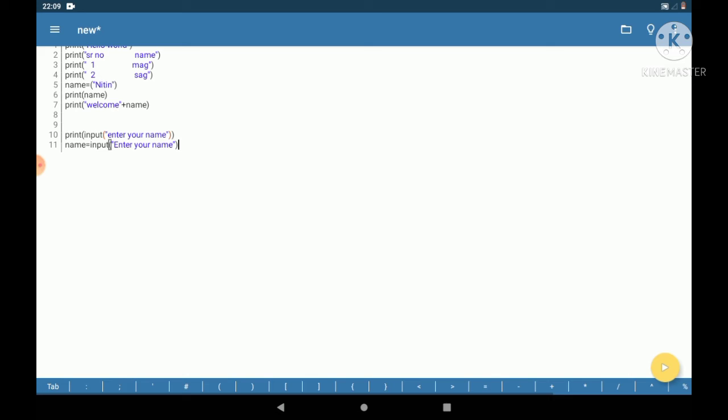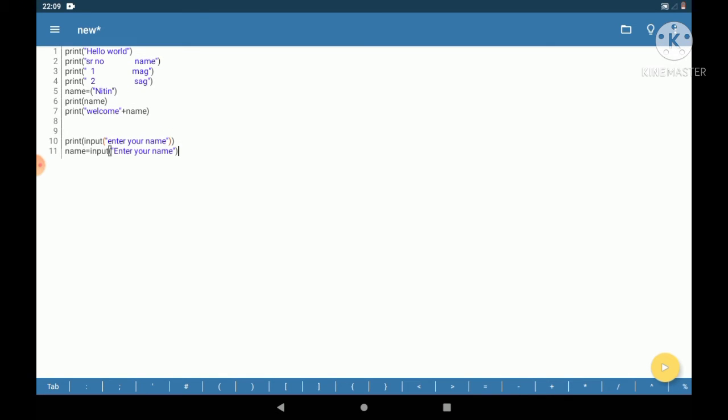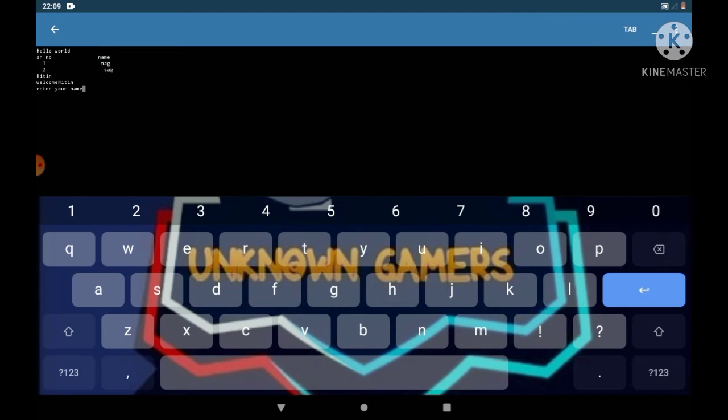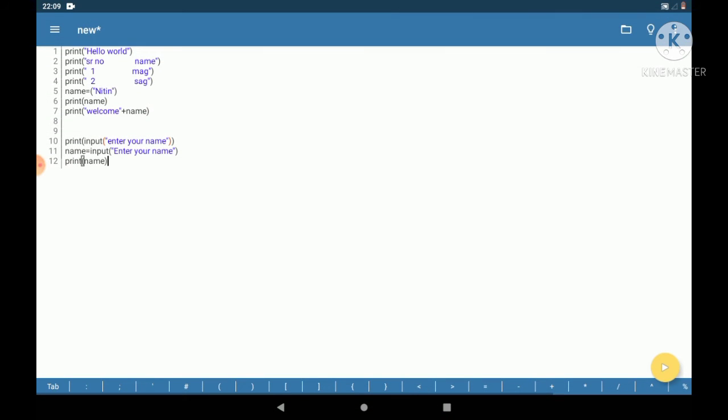What we have assigned as the value is not printed, because when we gave the direct command print hello world, at that time it was printing. But when we have assigned the value to name, it will not print. Only when you say print will it print. So now we give print, then bracket, then name. Now it's finally over, and you can see whatever was typed has been printed. So this is a function.